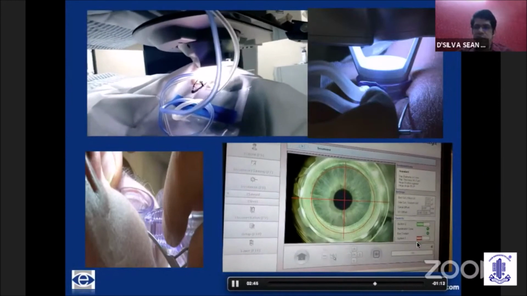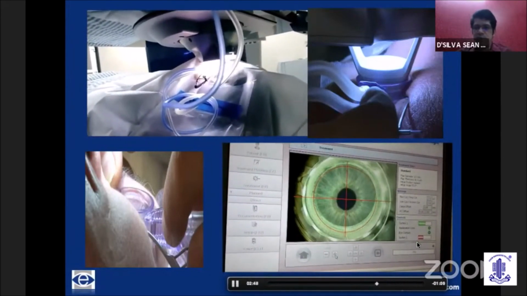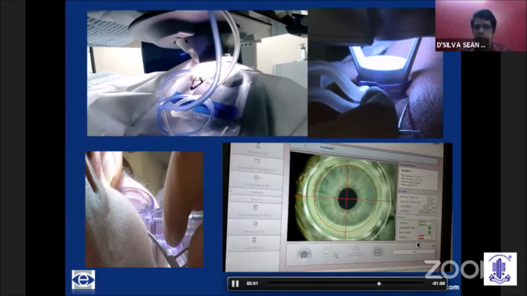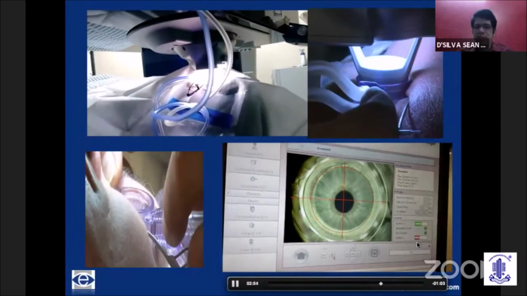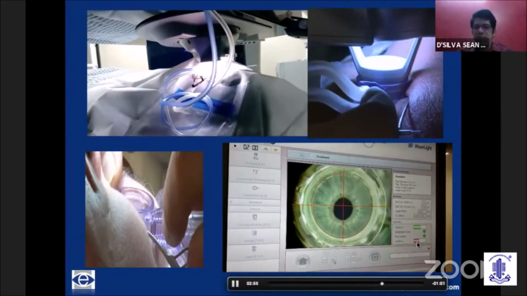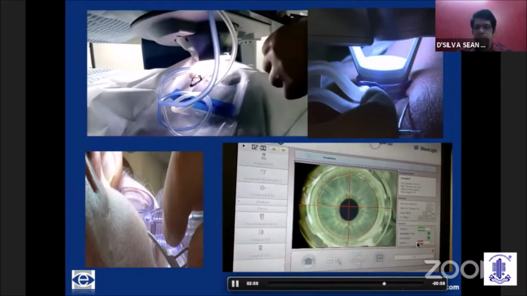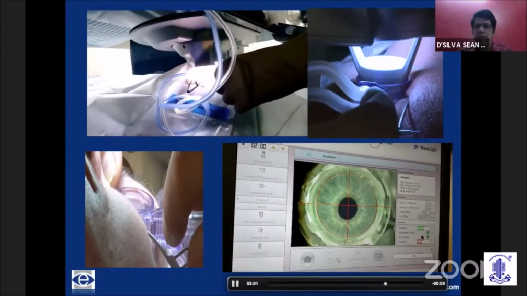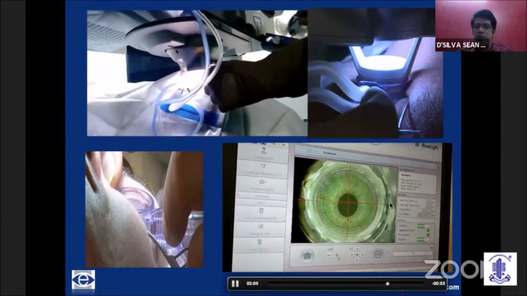Just another 20 seconds, ma'am, and the video is over. So the entire flap making would hardly take around 40 seconds, and the laser would go on for around 7 seconds for the actual completion of the flap. So we have a green suction 2 as well. This is where you can move the flap if it is not centered on the pupil.